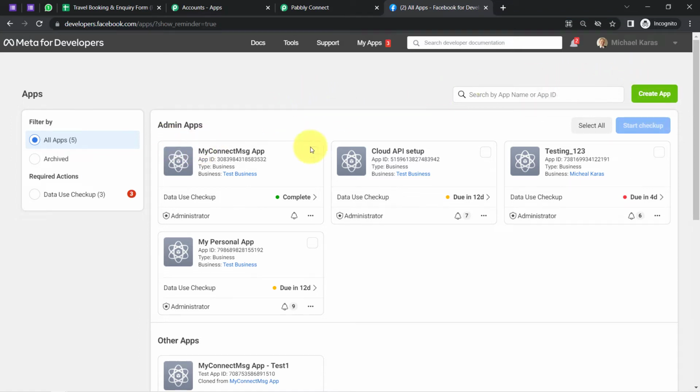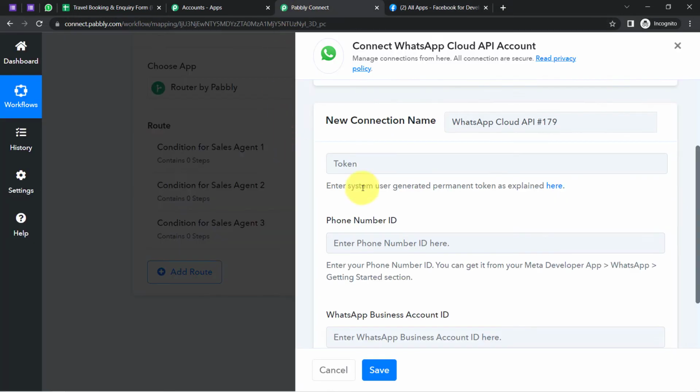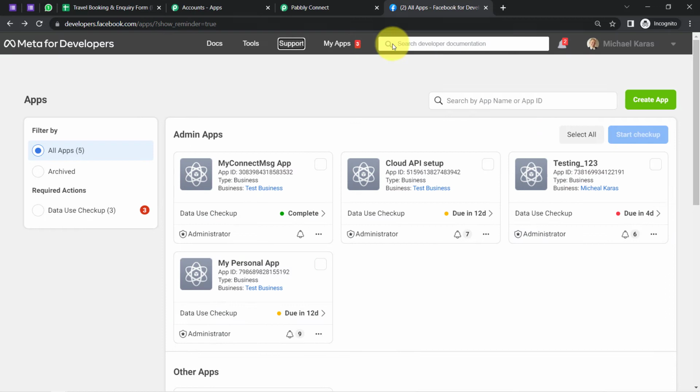Well, I have already created several apps. That is why I'm not going to create the apps from the start. You can create your app with the help of the video which I have provided in the description box. Okay, so this is my app, and after creating an app, you will also have to generate a permanent token, because you will have to provide this permanent token here. Generate the permanent token as explained here. You can again visit our description box where I have clearly mentioned the process of app creation and generating the